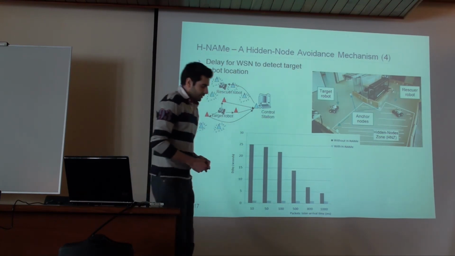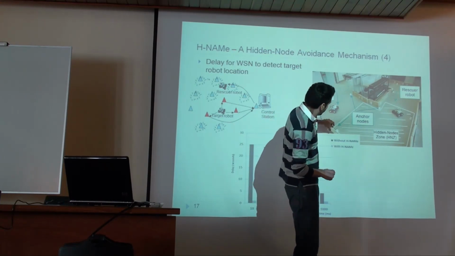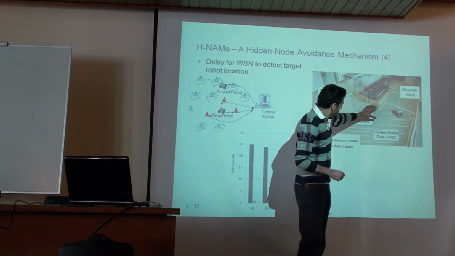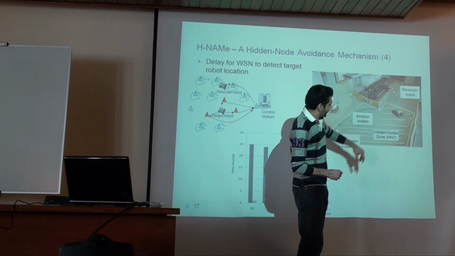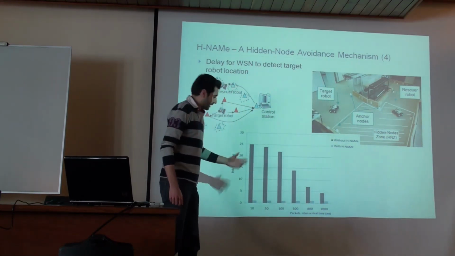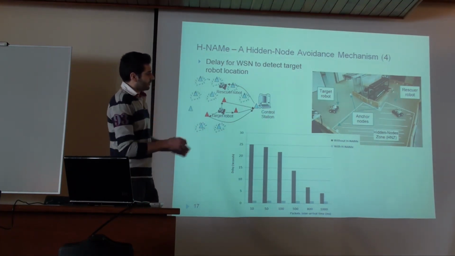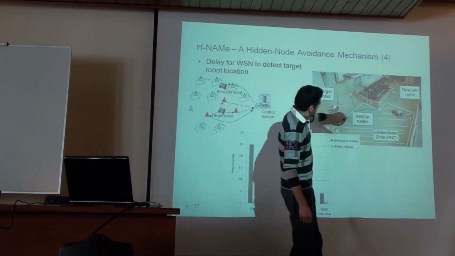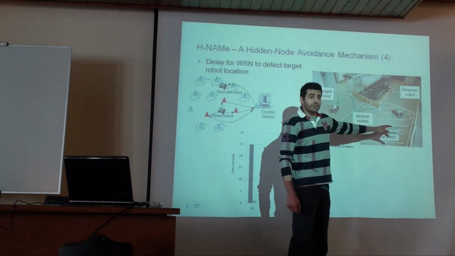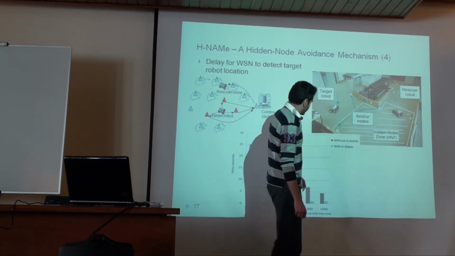So we changed this testbed and placed some hidden nodes where we call the hidden node zone. These results are for a second test. We just placed, in fact, one hidden node. So in this area, these are anchor nodes used for localization of the targets. We placed one hidden node here, and we programmed it